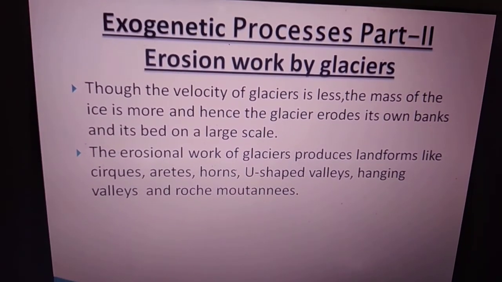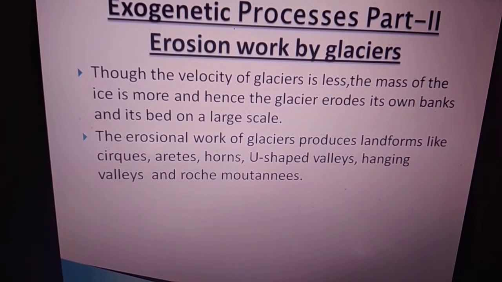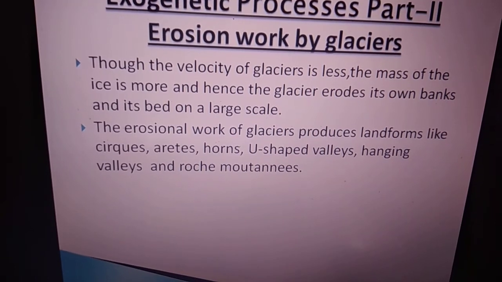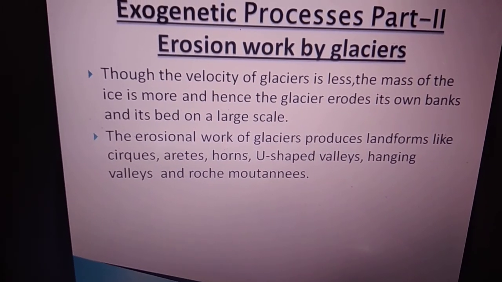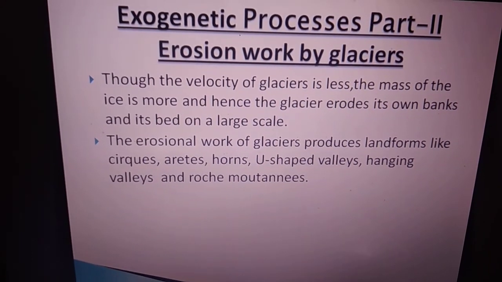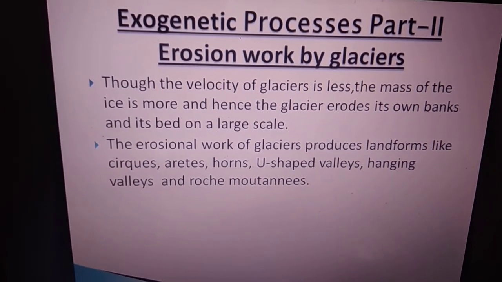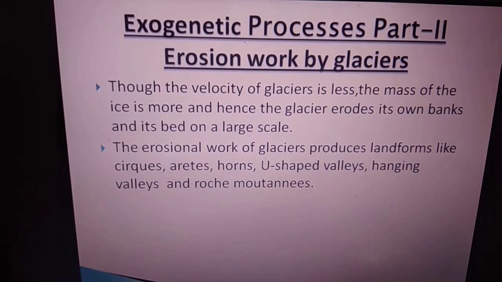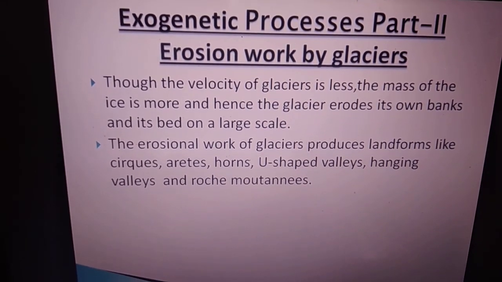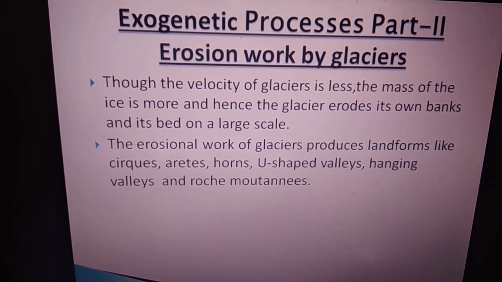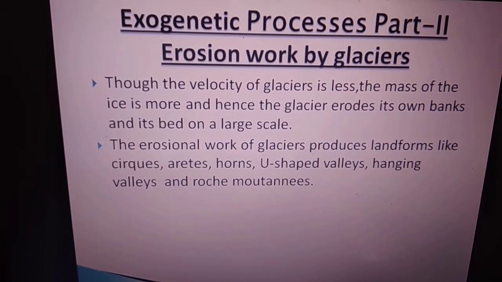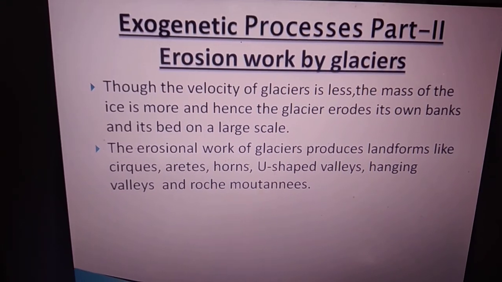Now our next topic is erosion work by glacier. First point: the velocity of a glacier is less, the mass of the ice is more, and the glacier erodes its own bank and its bed on a large scale. Second point: the erosional work of glaciers produces landforms like cirques, arêtes, horns, U-shaped valleys, hanging valleys,